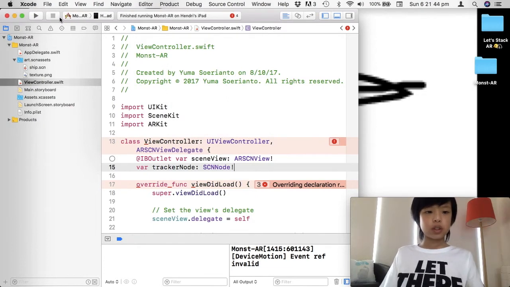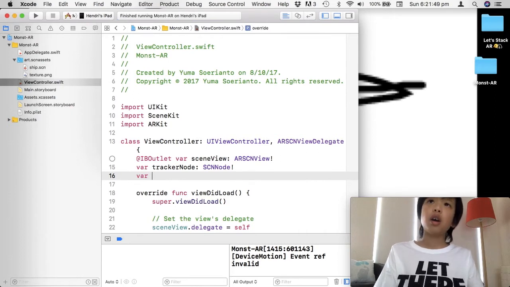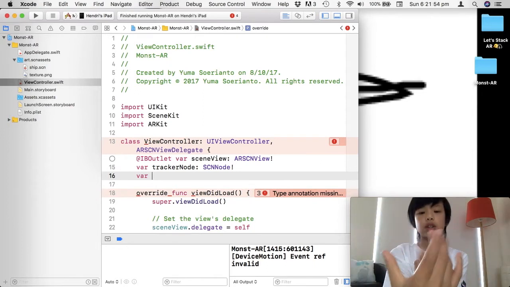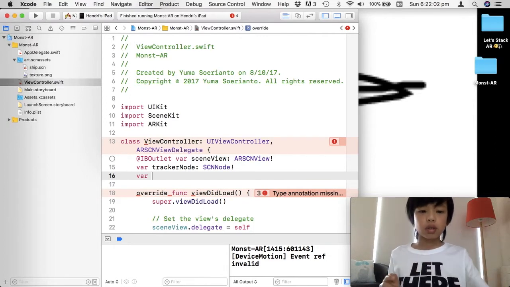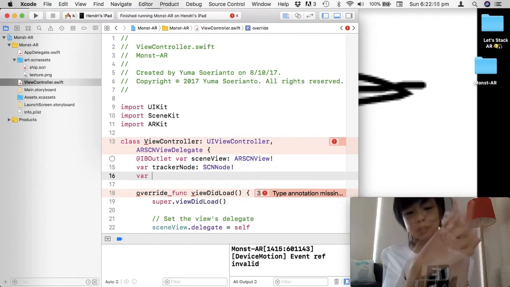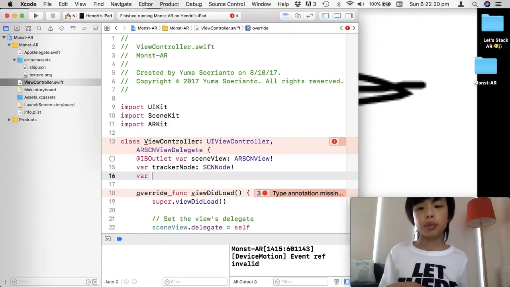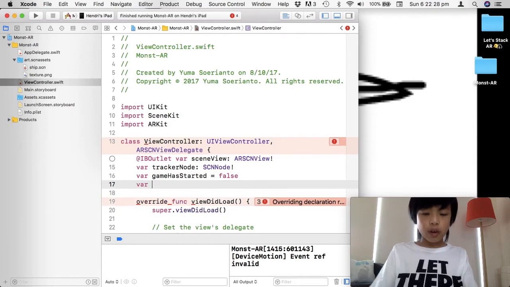Let me just stop this. There we go. And then we do var. So we also need a boolean to check two things: the game has started and is running, which we're going to use in part 2 of this tutorial, and we also need to check if the surface has been detected, which is also used for part 2. So var gameHasStarted equals false,